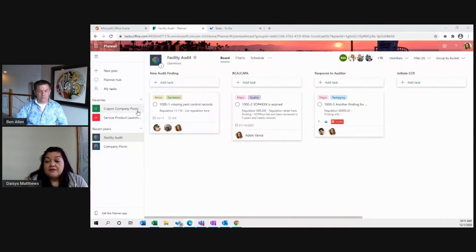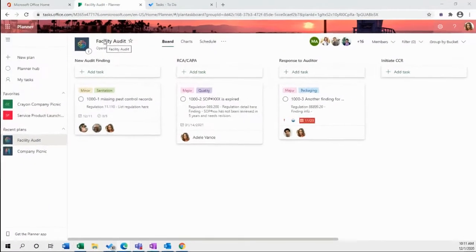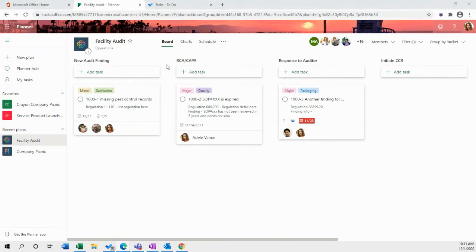There we go. So with Planner, that's easily seen in your O365 apps. You can create a project planner. Here we have a project planner for facility audit. It's very easy to create kind of an electronic Kanban board. So if you need to have tasks move through a series of steps, it's a lot easier to use Planner for that. On this one, you start off with a new audit finding